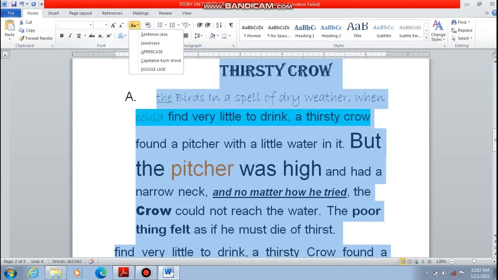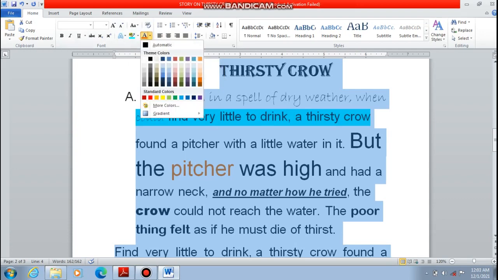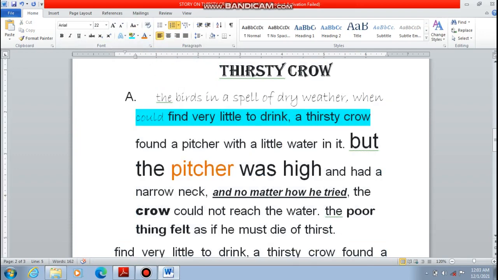If you want to change to sentence case, click here. This is in the form of a sentence. Next is lowercase. It is not getting changed here because this is already written in the form of a paragraph. Whenever the line is there, you can easily make the changes you want accordingly.